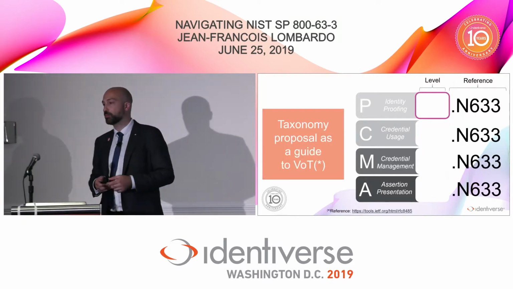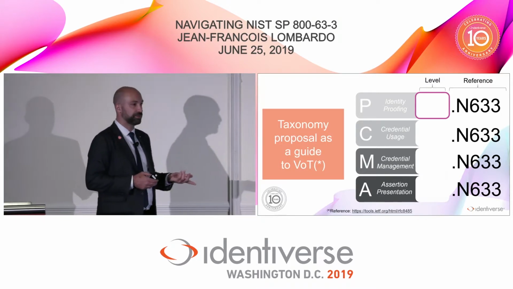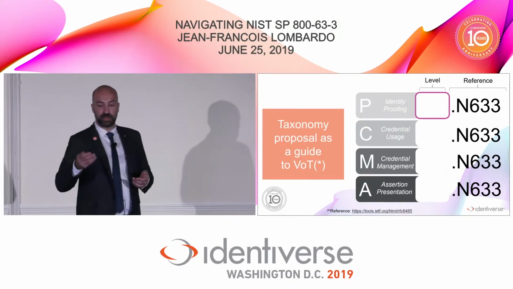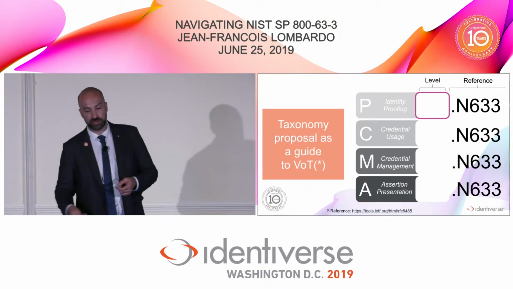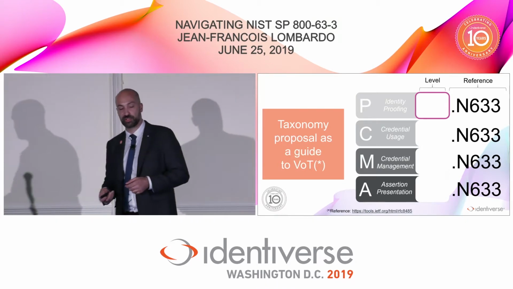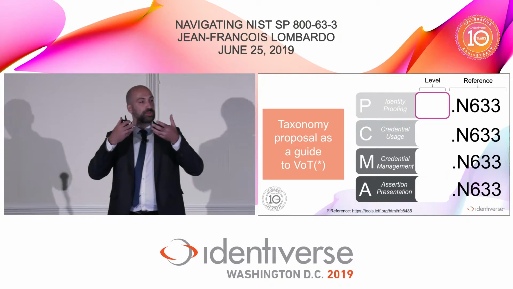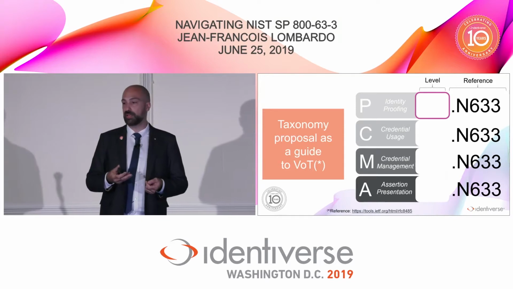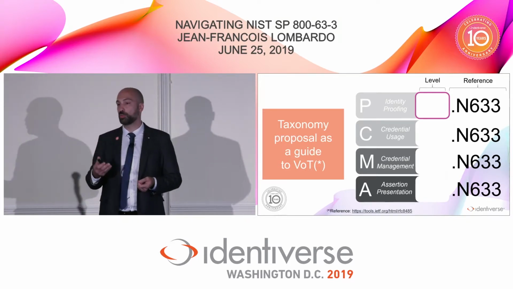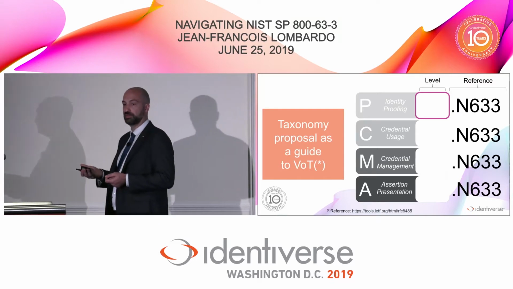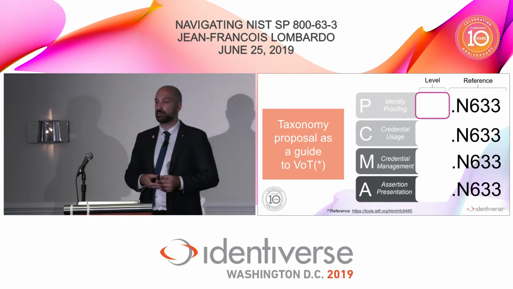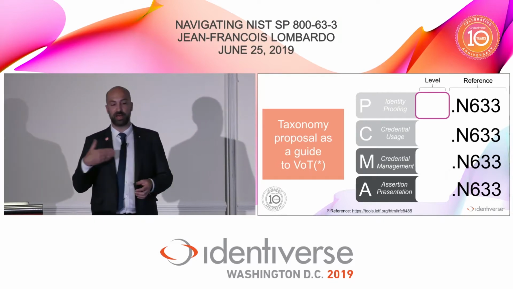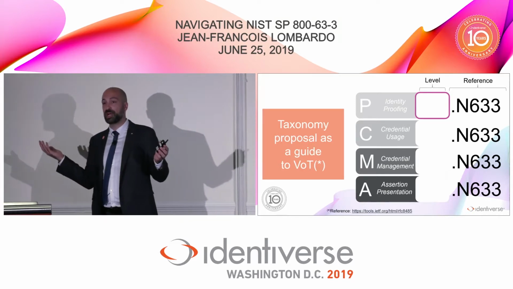So another thing that I propose here is to use the vector of trust standards that exist and that define, for each one of those, identity proofing, credential usage, credential management, and assertion presentation, to standardize the way that you represent your level by adding a reference that will represent the framework from which you are establishing this level. So from now, if I say that I have an identity assurance level of strength 2, coming from N633, which might represent the NIST